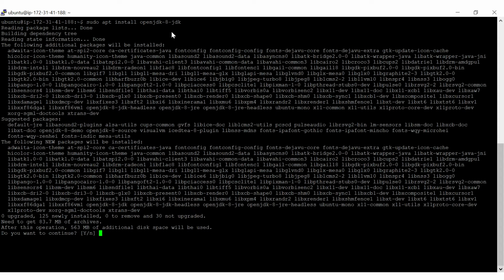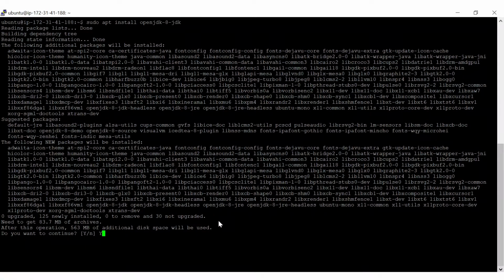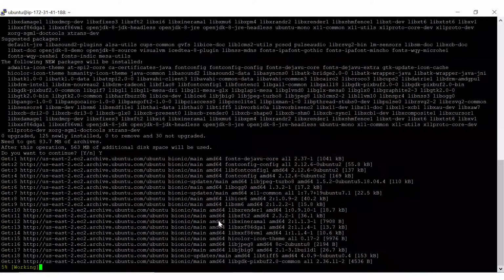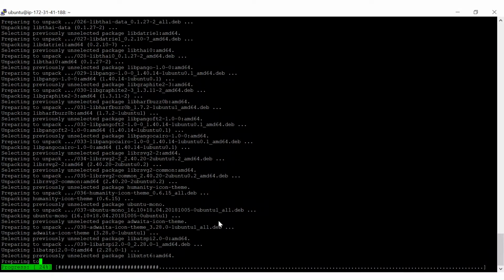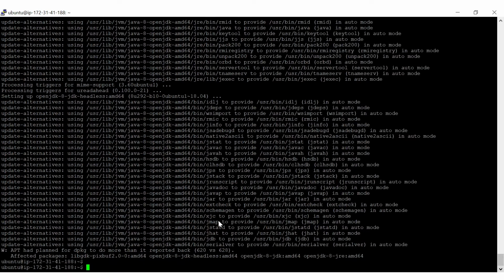Once you enter, it is going to prompt what packages it is going to install, and it's going to consume an additional 563 MB of disk space. So I'll just type Y, and then it will start downloading those packages and install them. It will take some time, so you just wait for it.